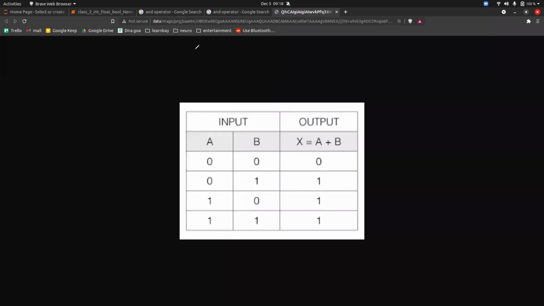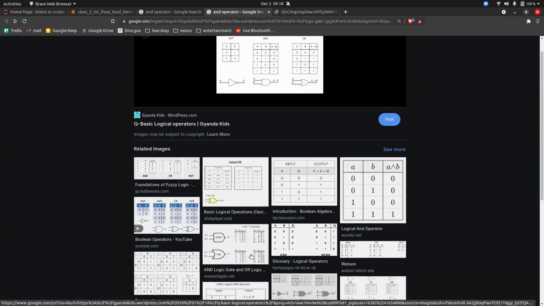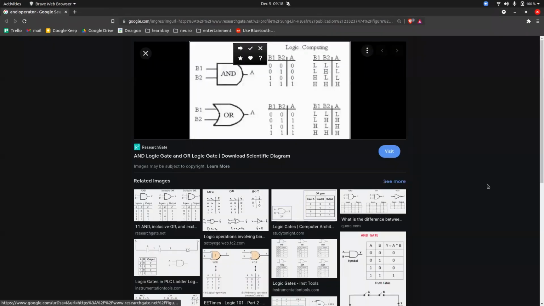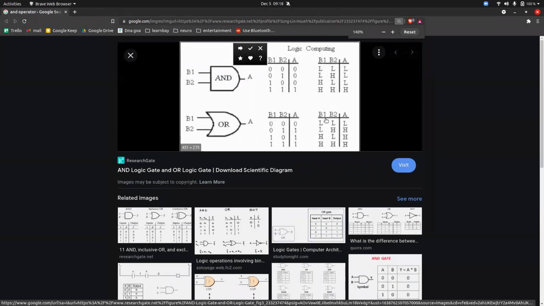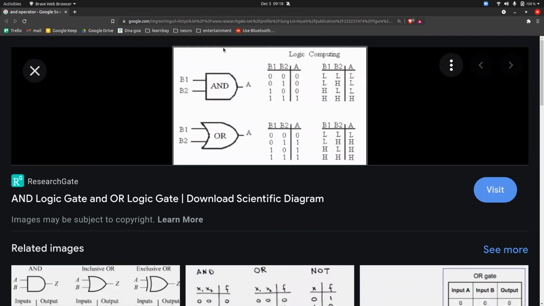Similarly, on the same lines, if I go for the AND truth table, the first one that we have is for AND. So you have 0 and 0, the answer is 0.